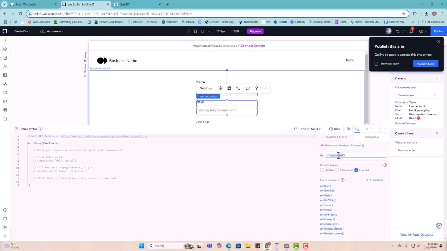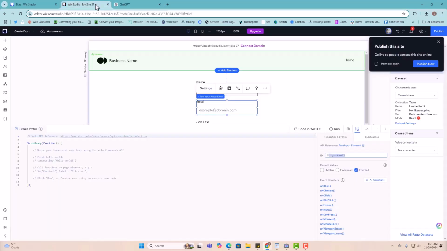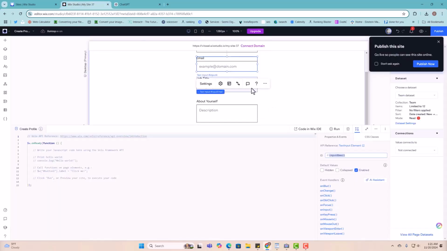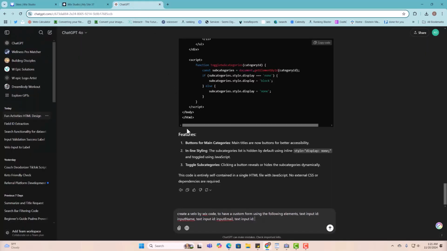I'm gonna copy this, go in here and add it, comma, text input ID, and then what's the next one? It's gonna be this one, which is input job title. Copy that, paste it right here, text input ID,